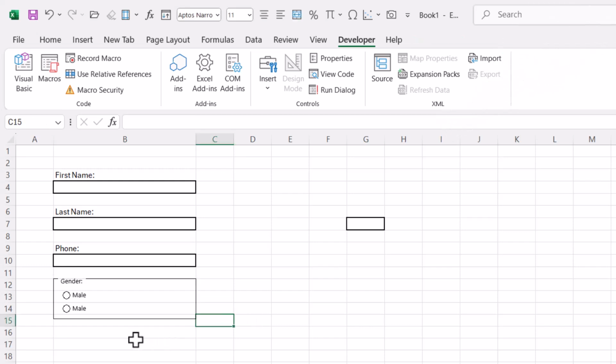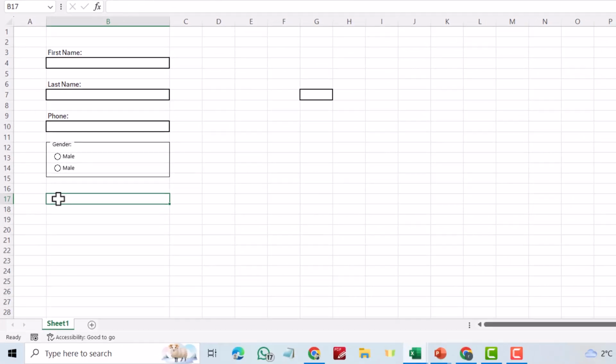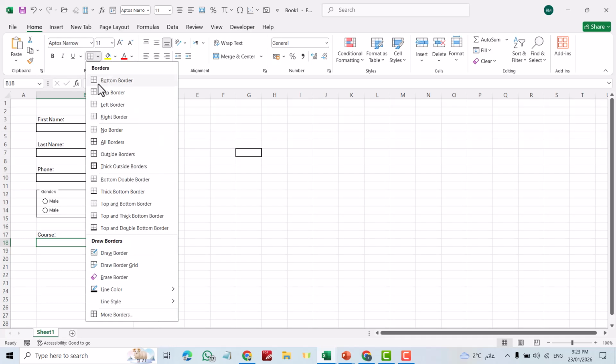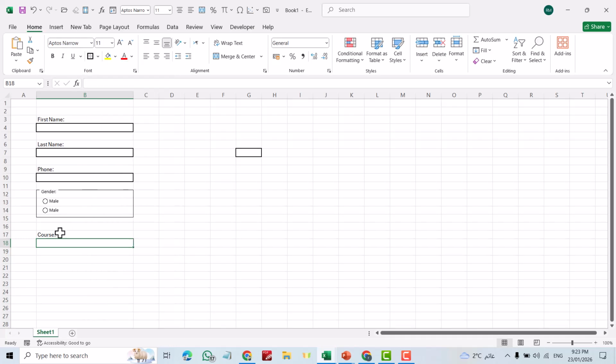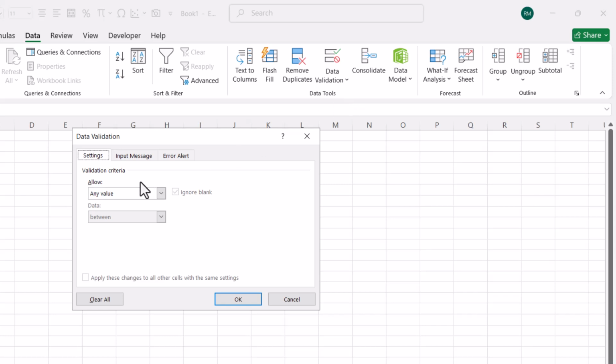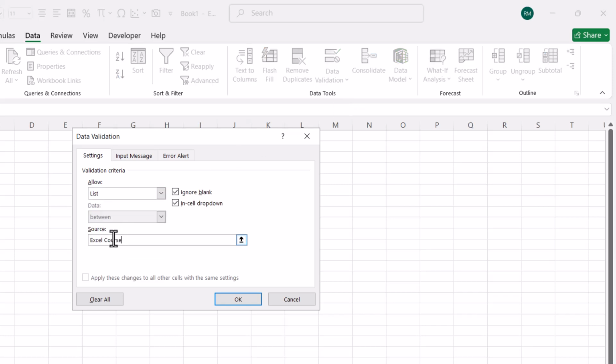Good. Now, from here, course. Then from home, boundary, add boundary, external boundary. I want to add a drop-down list and put different options. Click here. Then from data, data validation. Data validation, select list. For example, Excel course, comma, AutoCAD training,